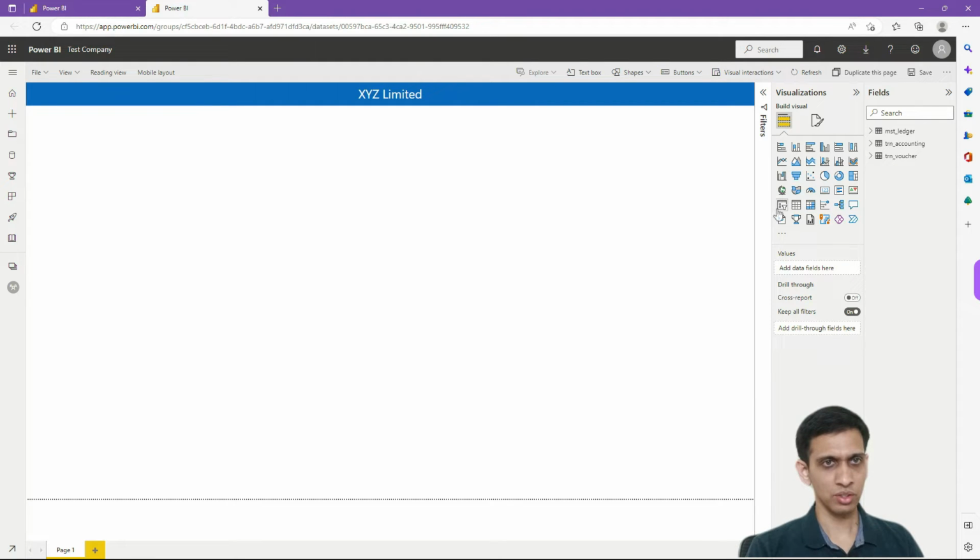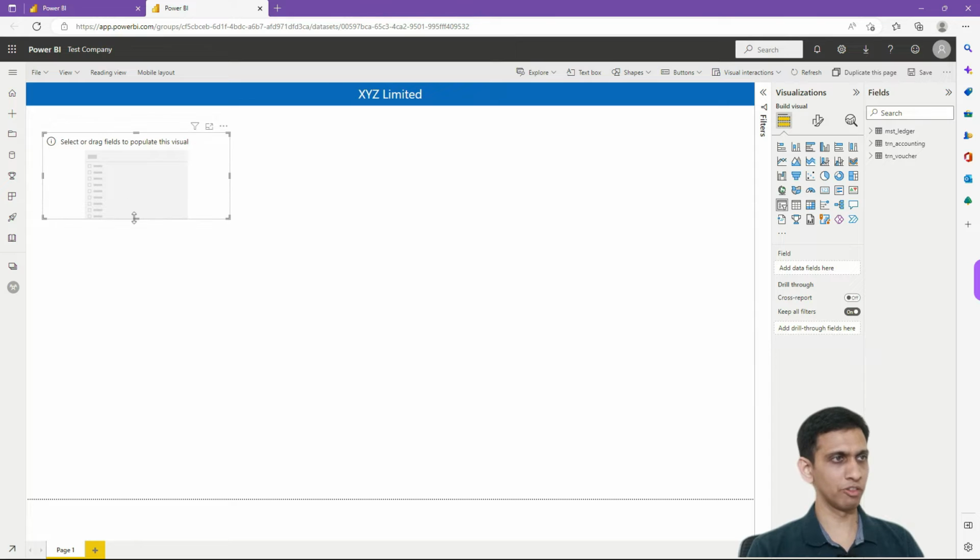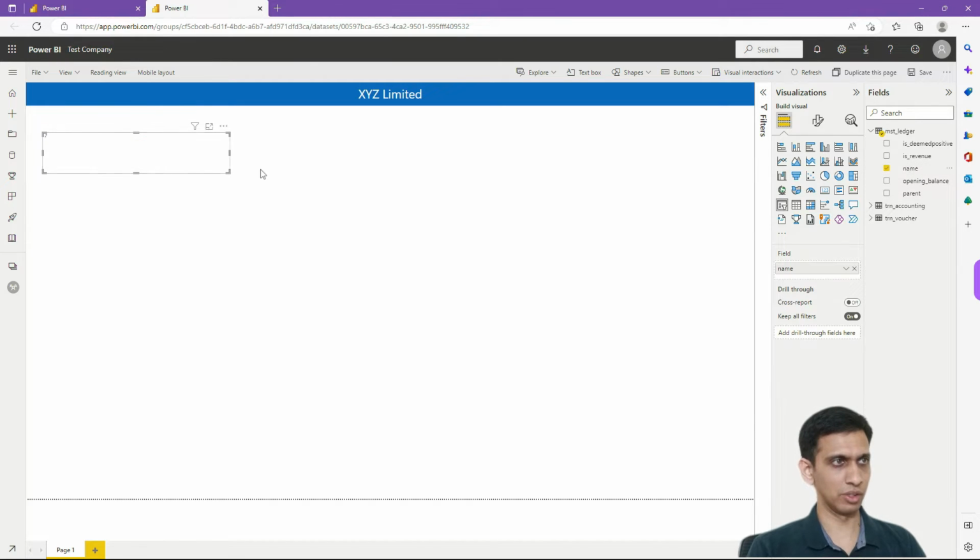Now I would start with the first drop down for ledger. So this is a slicer. A slicer is a filter, or in our case it would function like a drop down. Now I need to drag a field for the drop down. So I want the ledger name filter. I'll expand this and drag this name field in this window. This would populate a list of ledgers. I'll click on this triple dot and enable a search bar, and let me convert it to a drop down instead of a list,